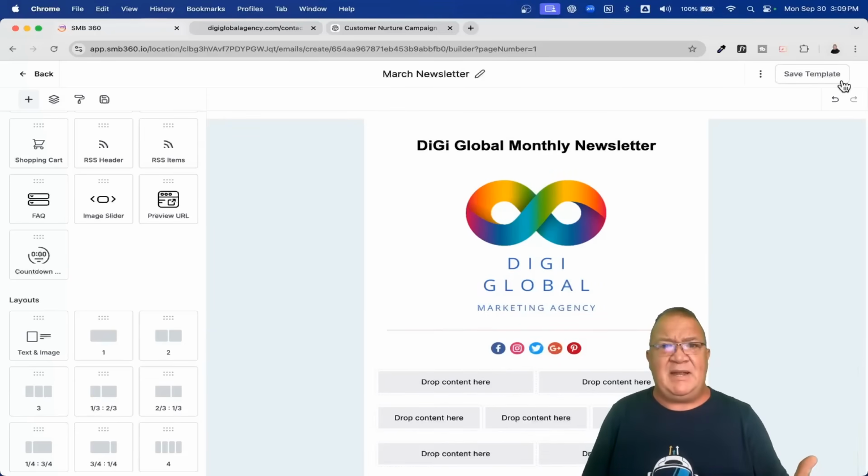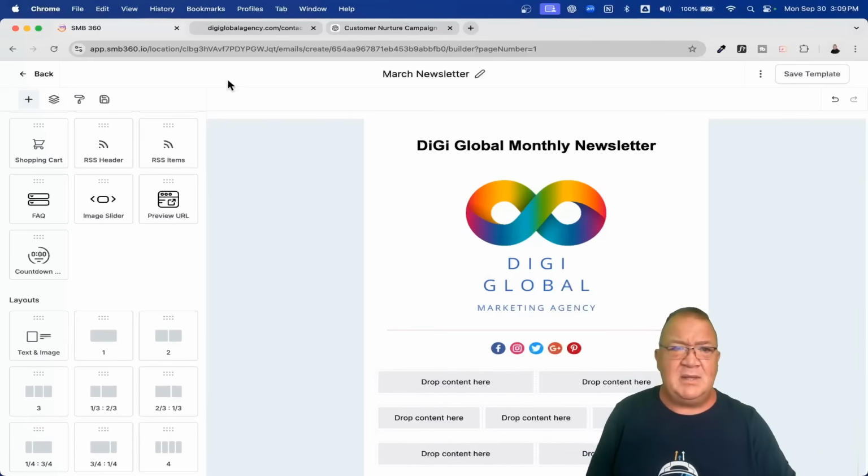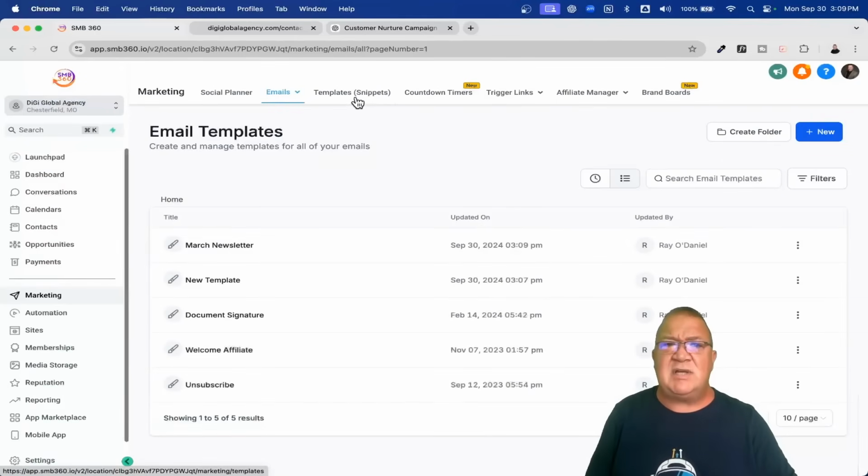Let's talk about the campaign itself. Depending on how many emails you want going out, that means you're going to have to create that many number of templates in order for us to be able to send one email out per template. Hopefully that makes sense. So now what we're going to do is hop over here and just show you the